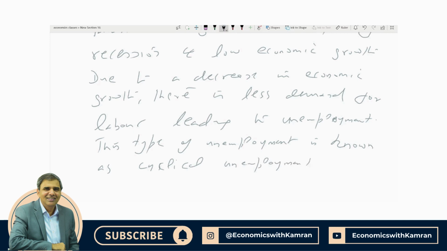Now, we have not only identified a type of unemployment, we have also applied it to the context of a country we are known to, so we can get 2 analysis marks. 1 mark for the identification of a type of unemployment, and the second mark is for linking it in the context of the economy we are known to. For the third mark, we need to give another type of unemployment.